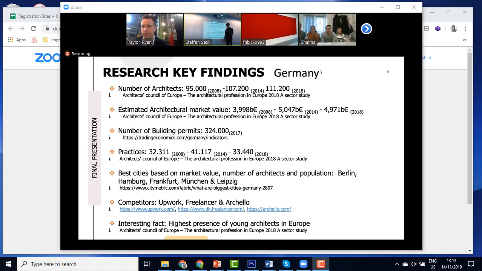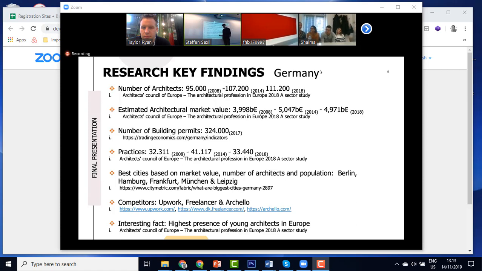Based on the market research, we found out that some of the best cities to be an architect in were Berlin, Hamburg, Frankfurt, München, and Leipzig. The first four is because of the architectural style that's based in Germany. And the last one, Leipzig, is just because it's the fastest growing city in all of Germany. Germany is also the country with the highest presence of young architects, showing that a lot of growth will happen